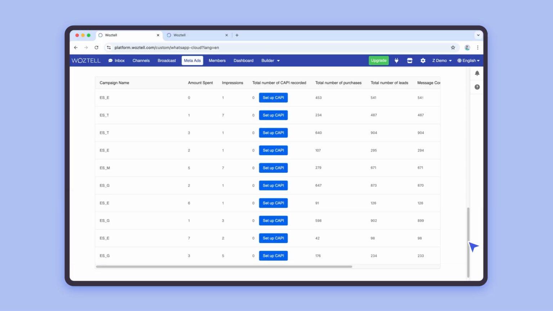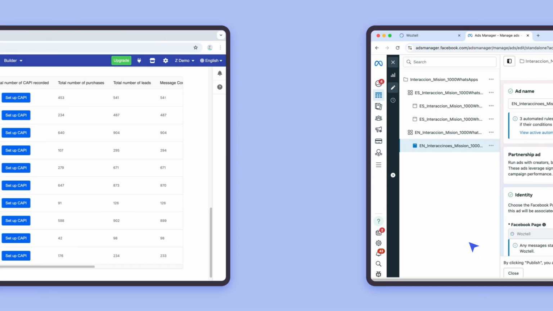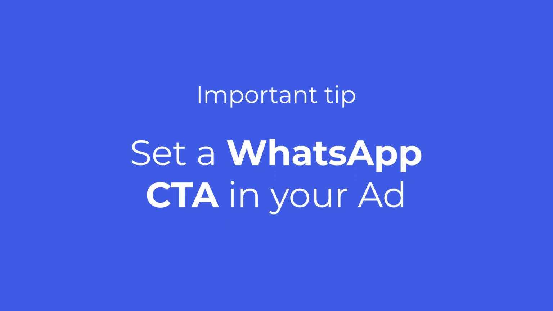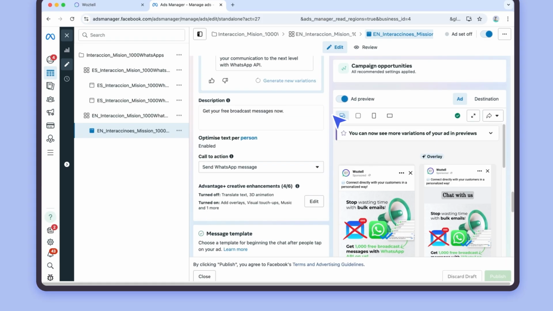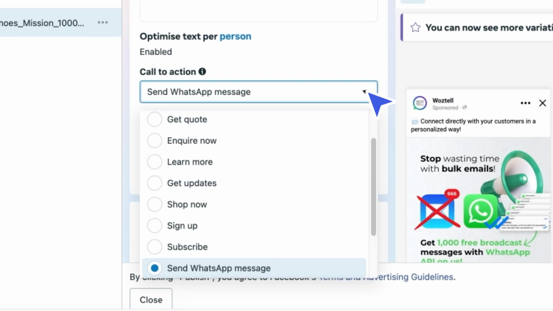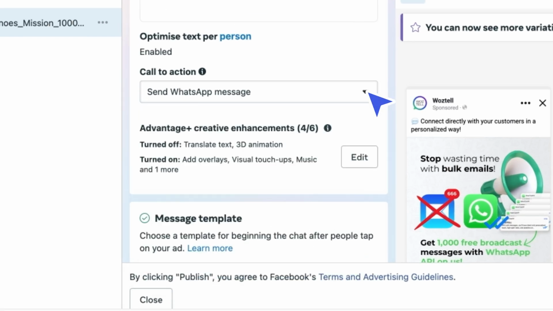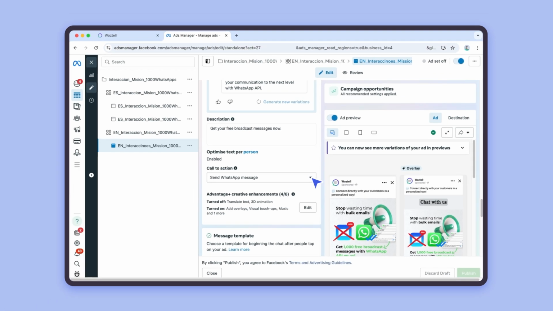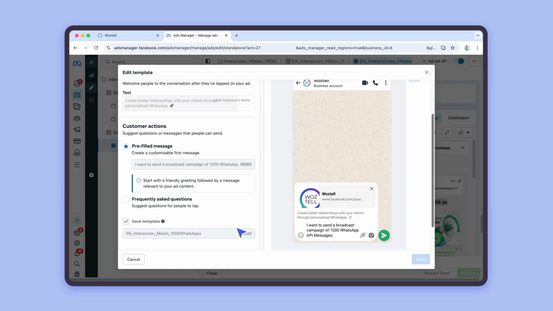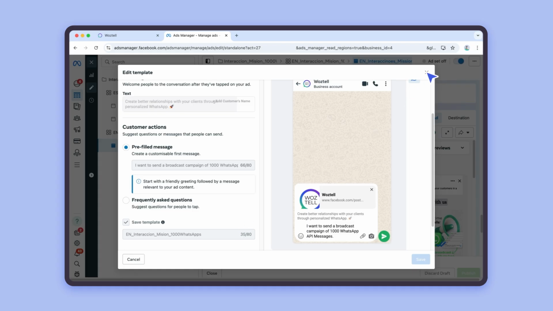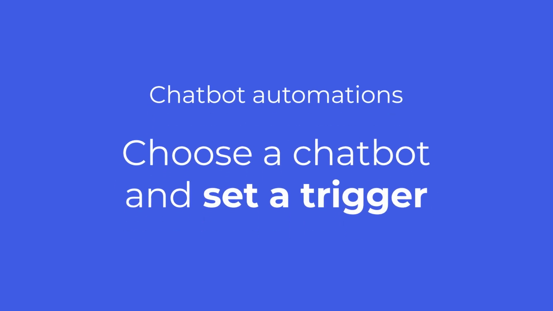Now, we will walk you through the different automations that can be created with Meta Ads and Woztel. Before you start, it is important that you configure your ads call to action in your Facebook Ads account so that your users land on WhatsApp upon clicking on the ad. In this example, we are showing some click to WhatsApp Woztel ads that we had running inside our Facebook Business Manager. Once you have that ready, you have different possibilities for automation.